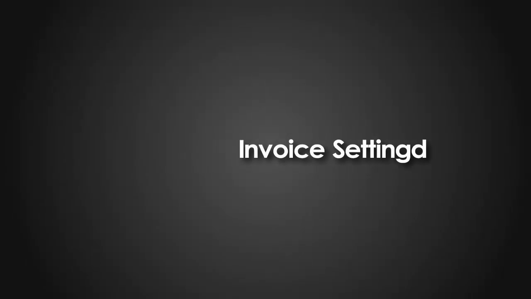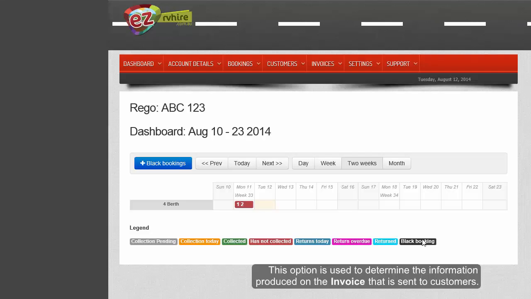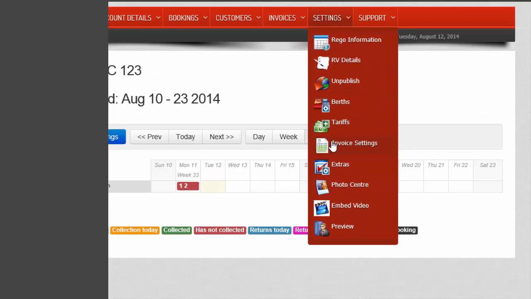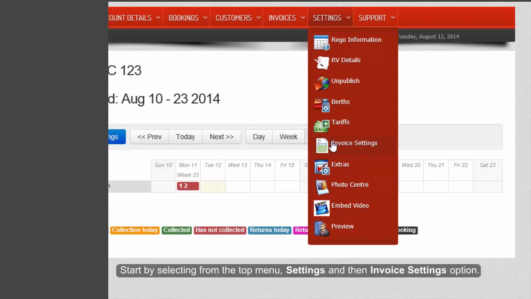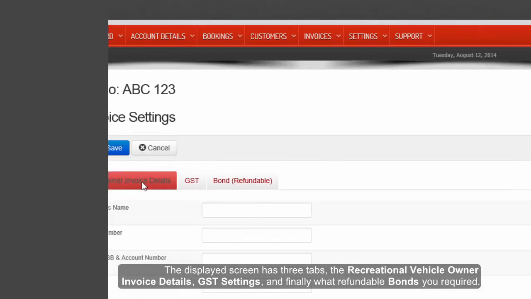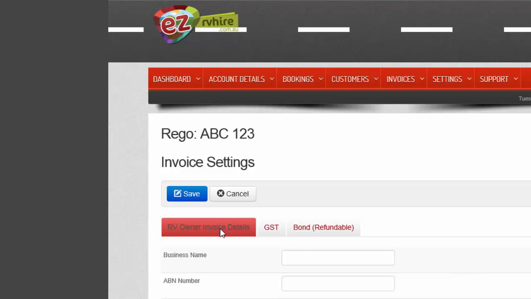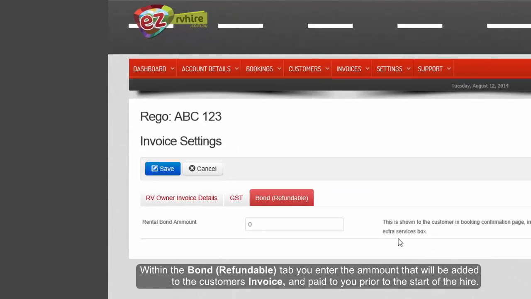Invoice settings. This option is used to determine the information produced on the invoice that is sent to customers. Start by selecting from the top menu, Settings and then Invoice Settings option. The displayed screen has three tabs, the Recreational Vehicle Owner Invoice Details, GST Settings, and finally what refundable bonds you require. Within the Bond Refundable tab you enter the